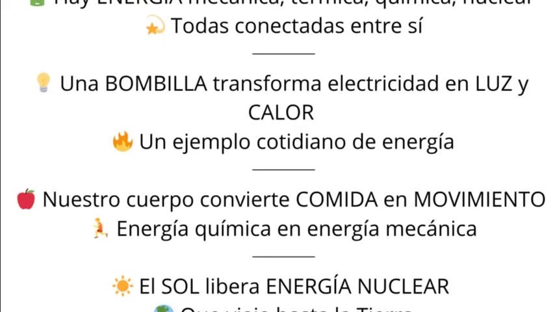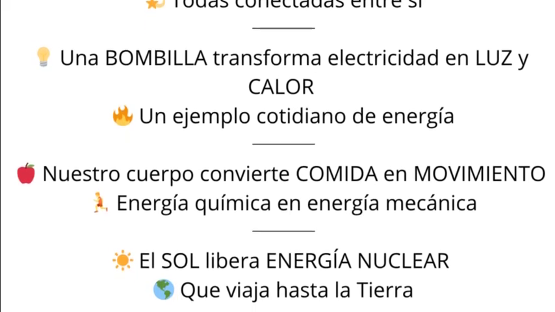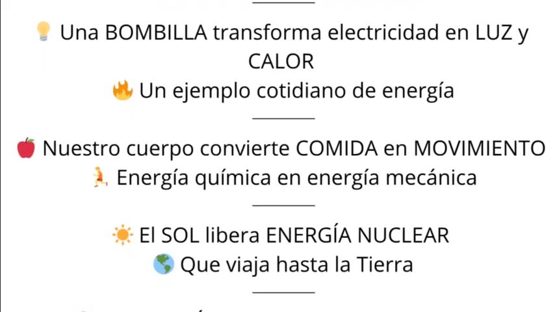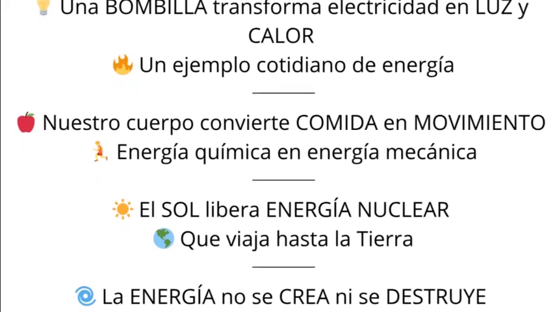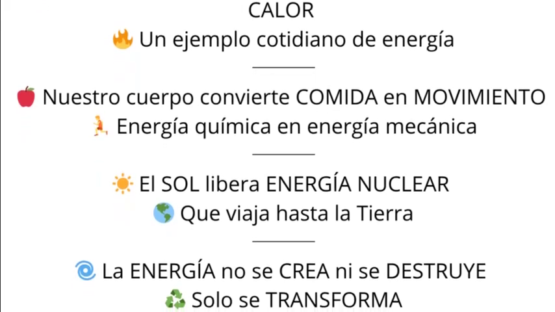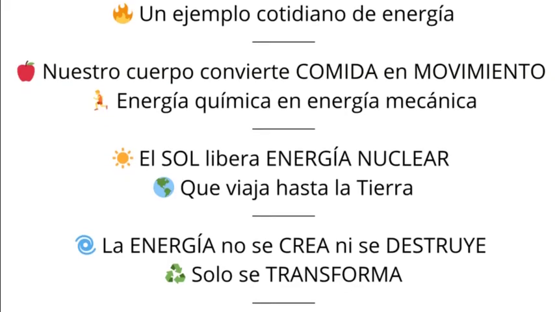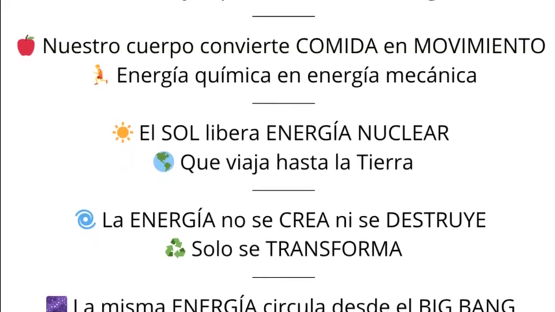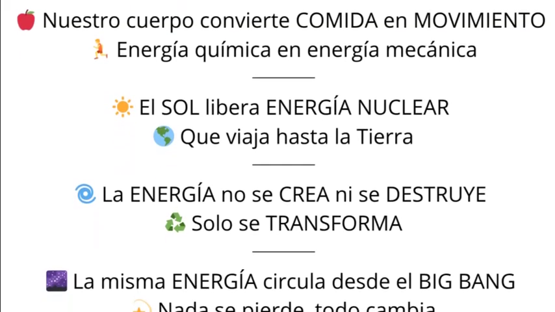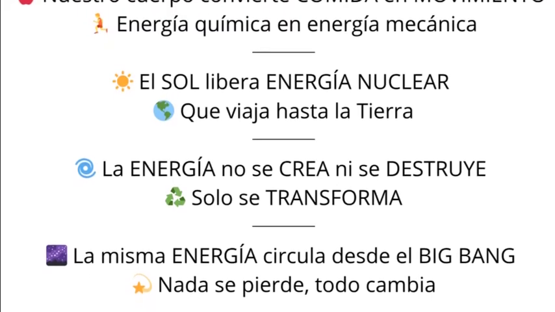For example, when we turn on a light bulb, electrical energy is transformed into light and heat energy. When we eat, our body transforms the chemical energy from food into mechanical energy to move. And when the sun shines, it releases an enormous amount of nuclear energy that travels to Earth in the form